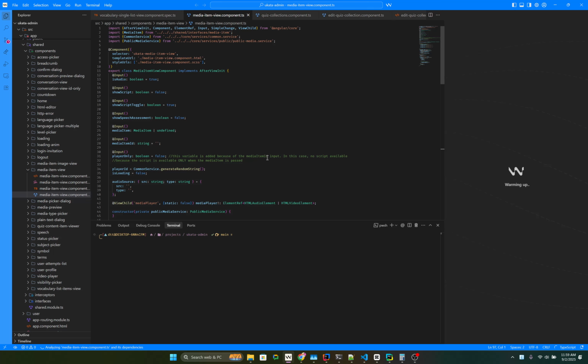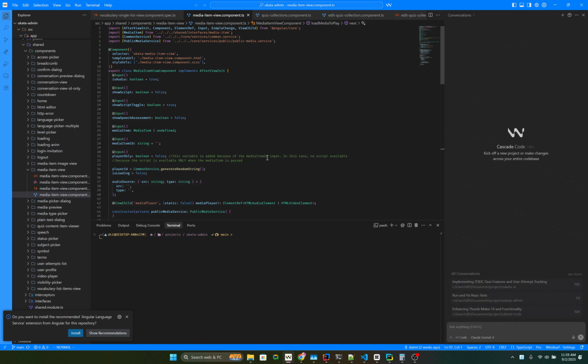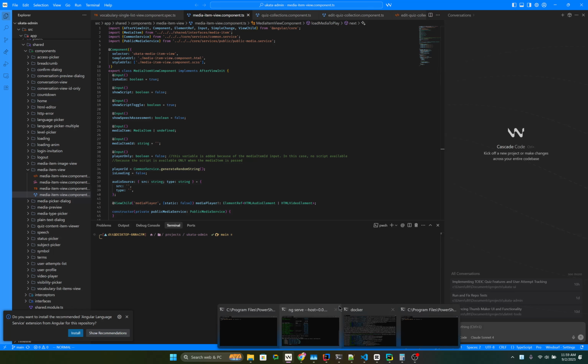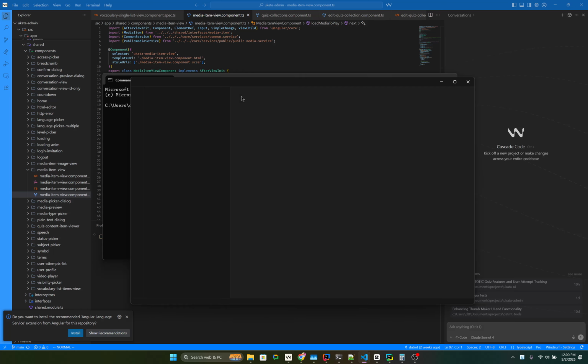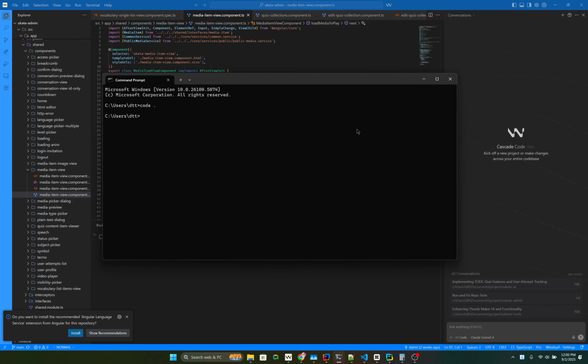So how do you open multiple projects at the same time? Multiple instances of WindSurf or Visual Studio Code. The tip is to open your terminal. For example, I have, not sure if command prompt would work, but let me try. Okay, it works. So when you install Visual Studio Code or WindSurf, you have an option to install the